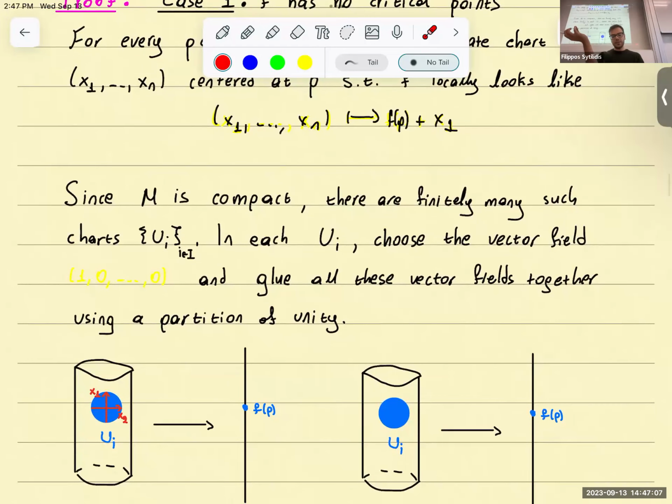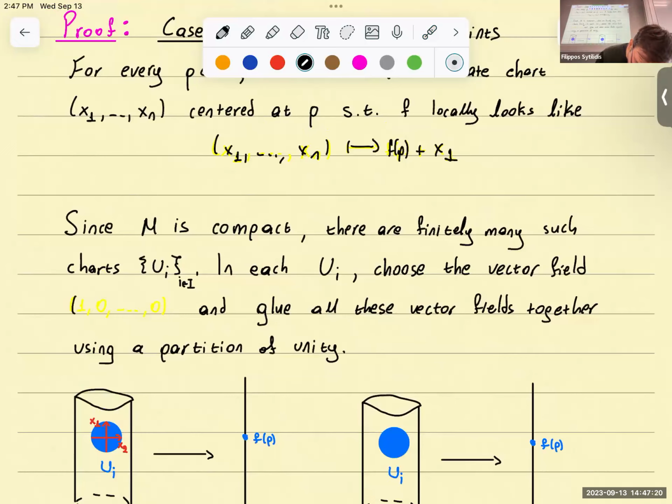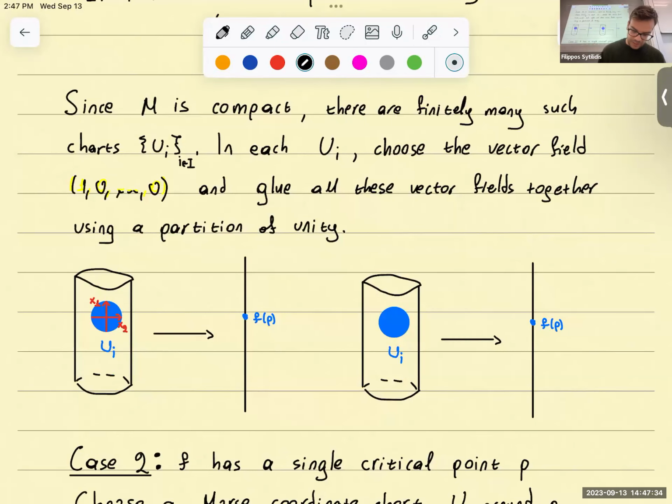Now, we took M to be something compact, so there are finitely many charts that I have like these, and in each of them I can choose the vector field 1, 0, 0, 0, and then glue all of these vector fields together using a partition of unity. So pictorially, if you wanna think about it, if f has no critical points, then